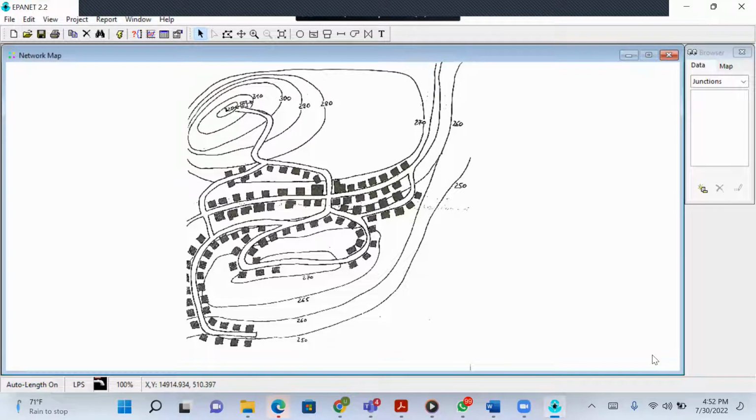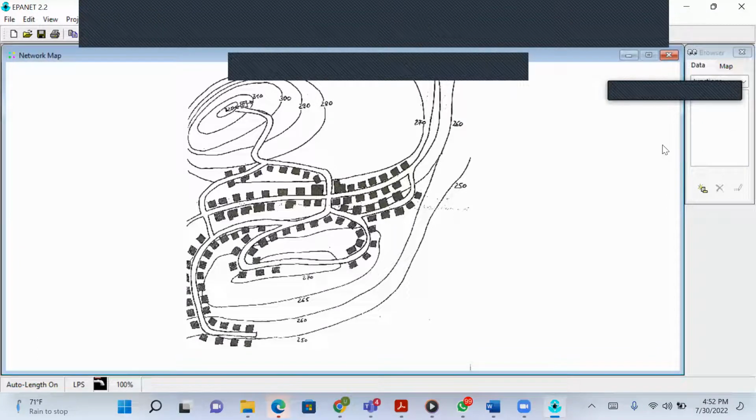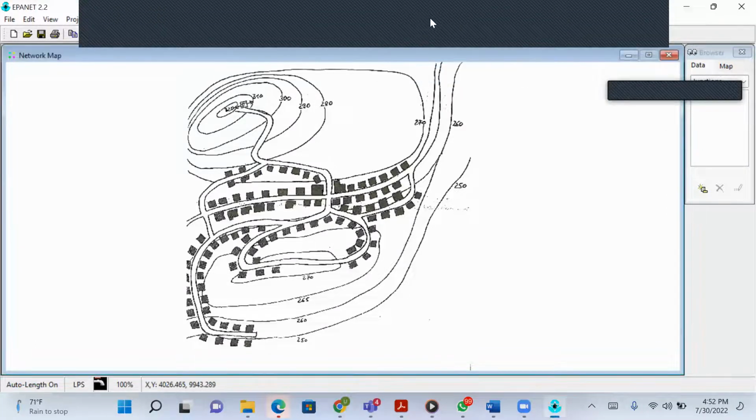It's like a background because I'm going to digitize. The word is digitization. Some will call it that, yeah, that's the word. I'm going to digitize it. So in this EPANET software,